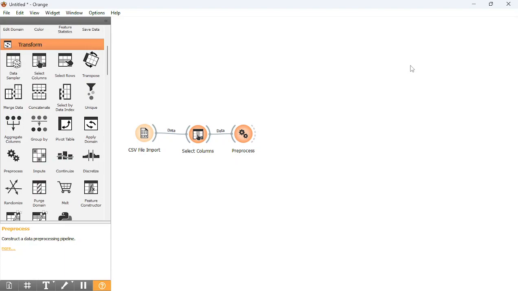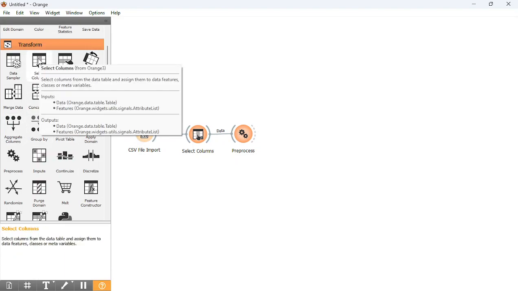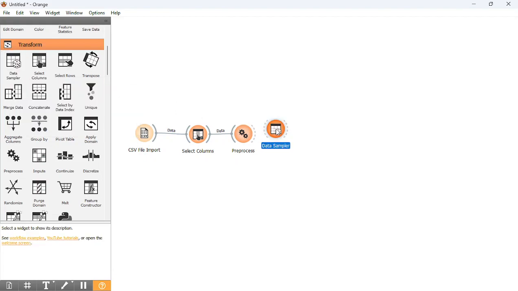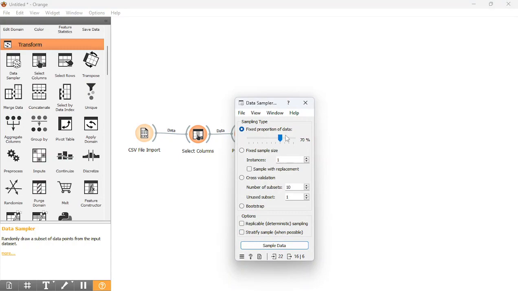And the next thing I'm going to do is split it into training and testing. So we're going to do a data sampler, and we'll run it through there. And let's do 80-20, which we could do 70. Let's do 80-20. 80-20 is pretty common. I'm going to go sample data. Now what I'm going to do